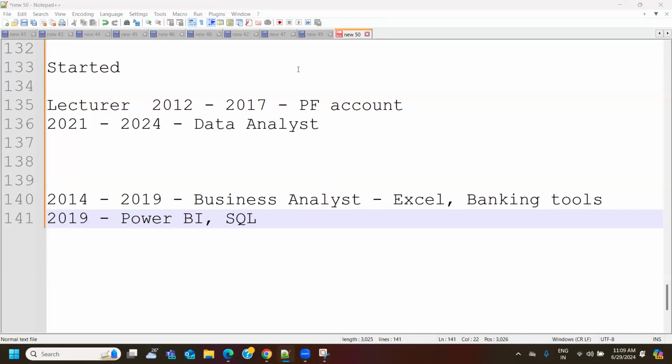Your connections will increase. Then you will get some open position pings also, that we have an open position. Would you like to join us? So somewhere you will get requests, somewhere you will get some options. There, if you have a good connection base, automatically it will play a role.